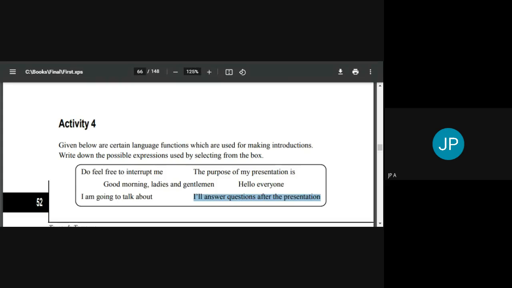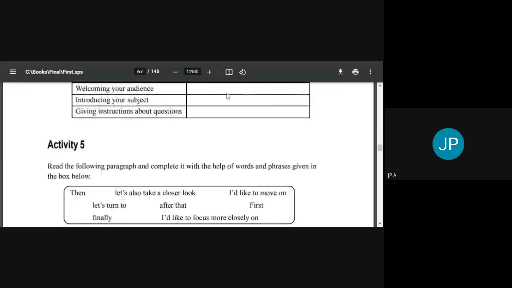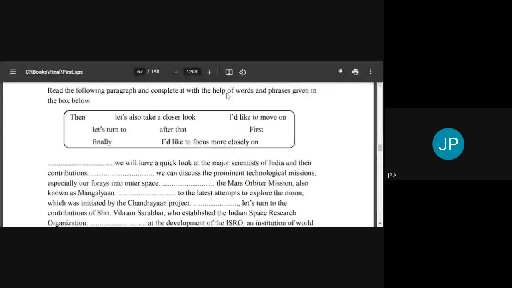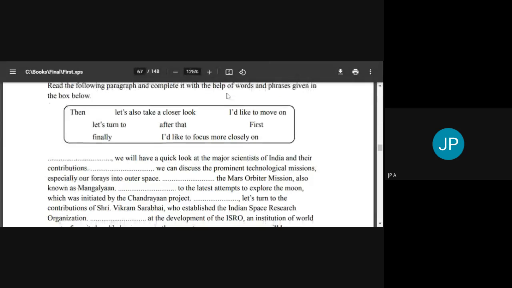So there is an activity about preparing the structure of a presentation. That is the next activity. This is a structure. So the person is talking about the Indian space